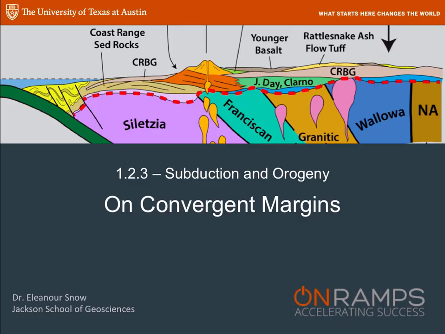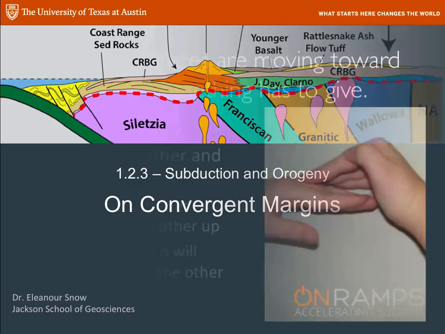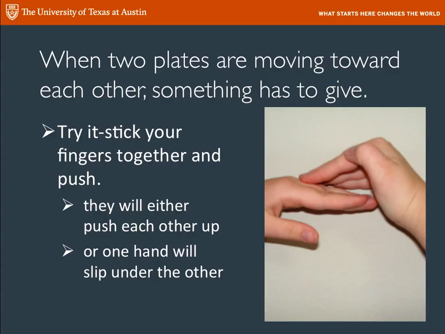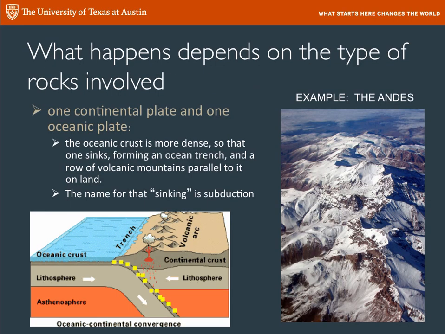Next, we're going to look at convergent margins. Now, when two plates are moving towards each other, something has to give. Try it. Stick your fingers out and push them together. Either they'll push each other up, or one hand will slide underneath the other. What happens when two plates converge depends on the kind of rock involved, and we're going to look at three